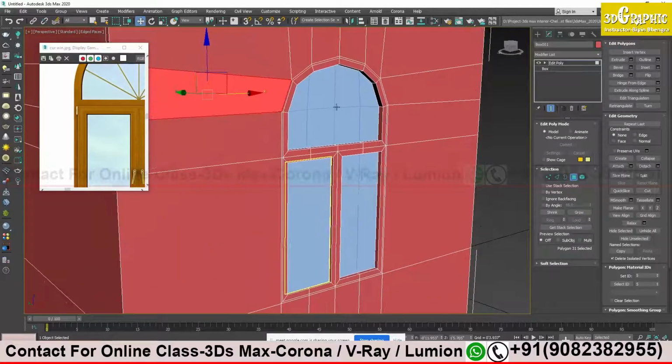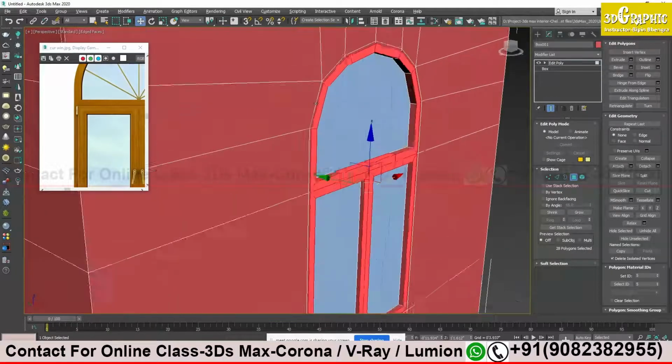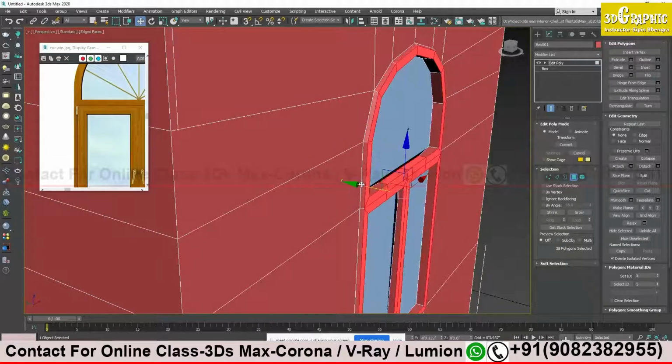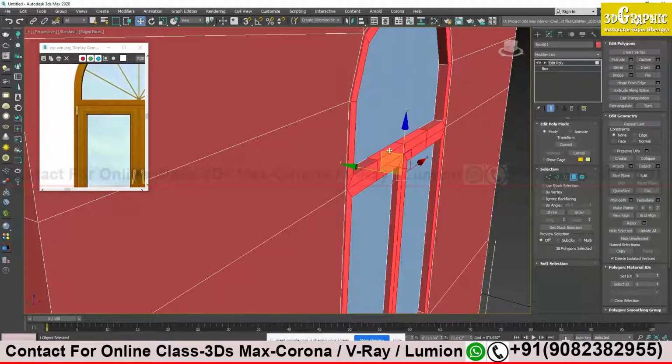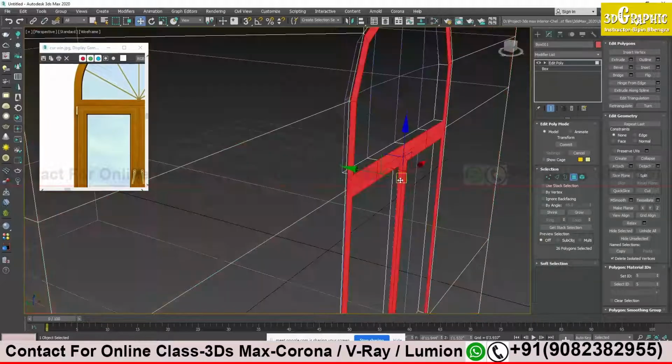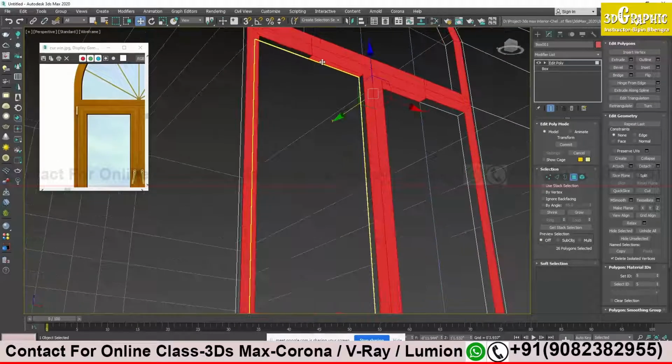What I can do is select all my faces over here. Now see, with the help of the shift key, you can click multiple faces at once. Quickly I will select multiple faces. This should be separated from my wall, no? It should be somewhat like this, then it will look proper, no? So this is what my mistake was. I will click F3 so that no extra edges are selected. These edges I don't want.